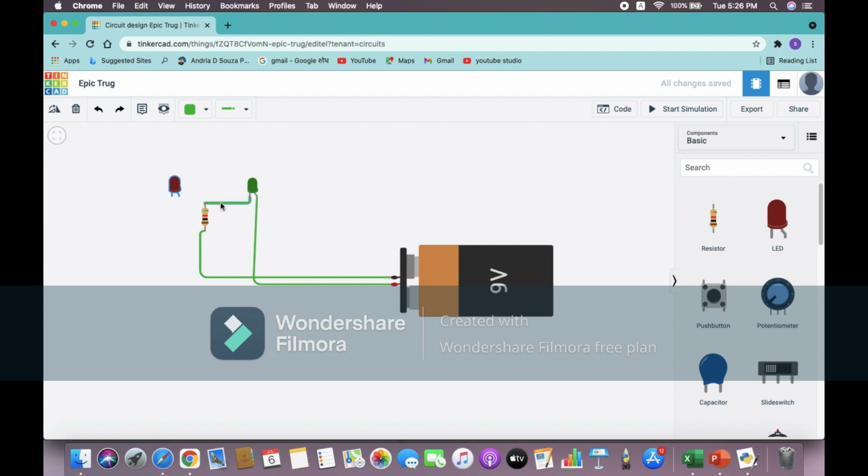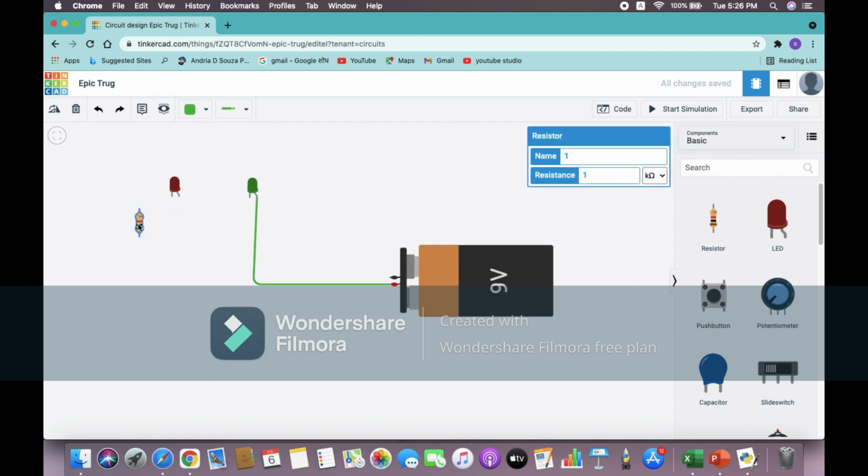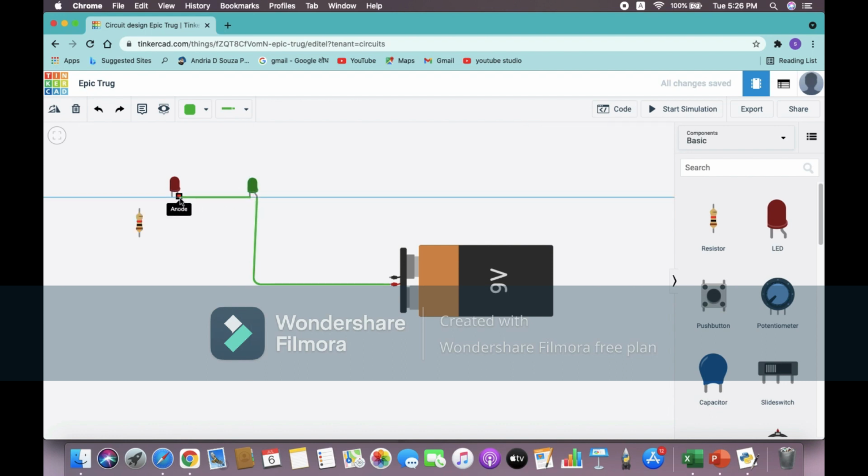Now just delete this connection from this cathode and delete the connection with the resistor. Now connect the cathode wire with this anode, and then attach the anode with the terminal 2 of the resistor, and from the negative point just connect the terminal 1 of the resistor. Now click on this start simulation once again.